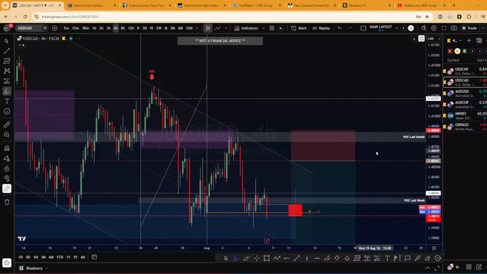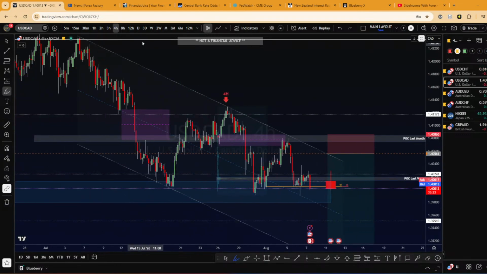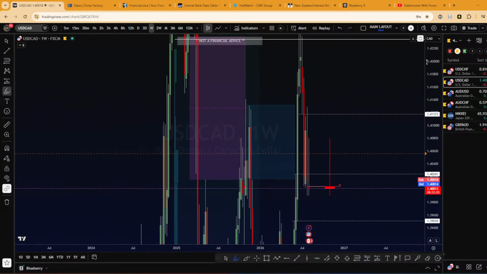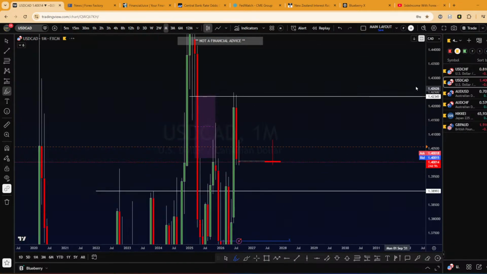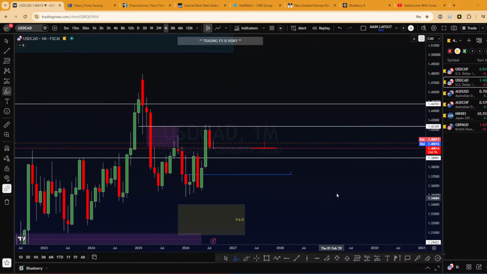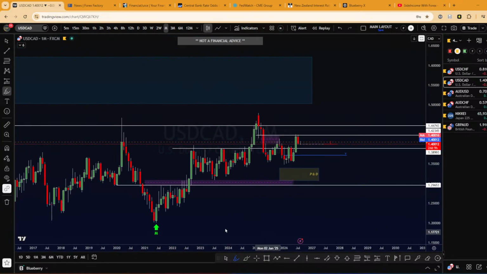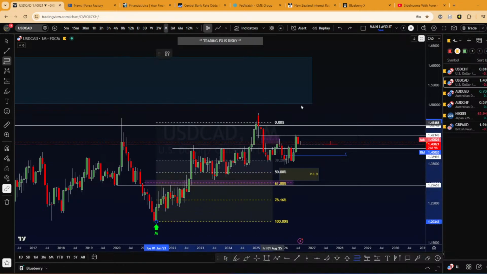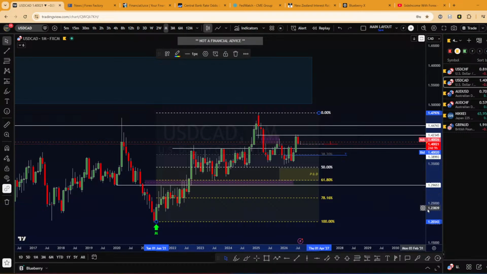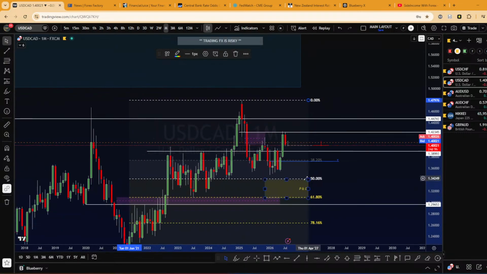So USDCAD. I want to sell USDCAD. Why? Because on the monthly time frame, I'm bullish. This is my structure from this low to this high. I will make it quick because we will get the NFP release in a couple of minutes. For example, on this last weekly leg, you see, we didn't tap the 50% yet. That's why I think we still have room to target.